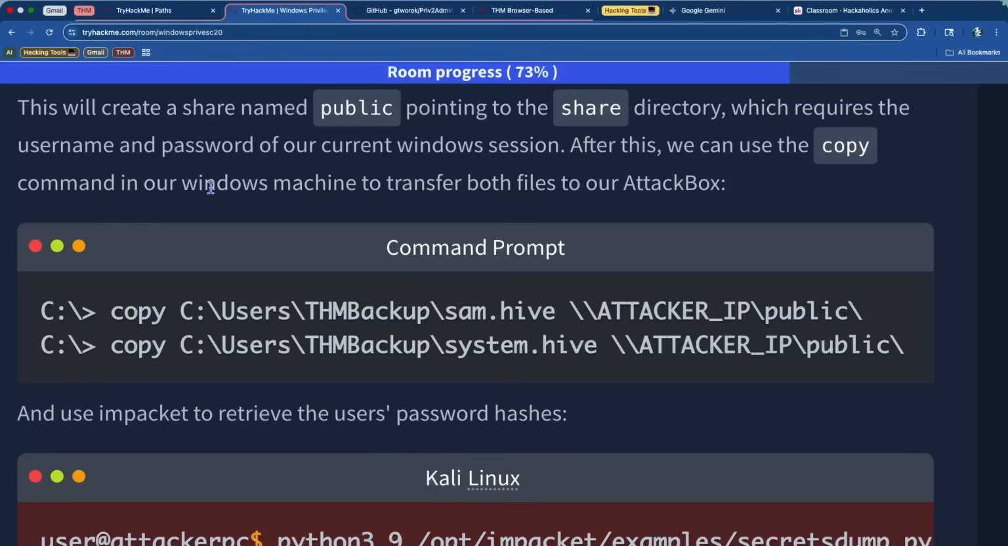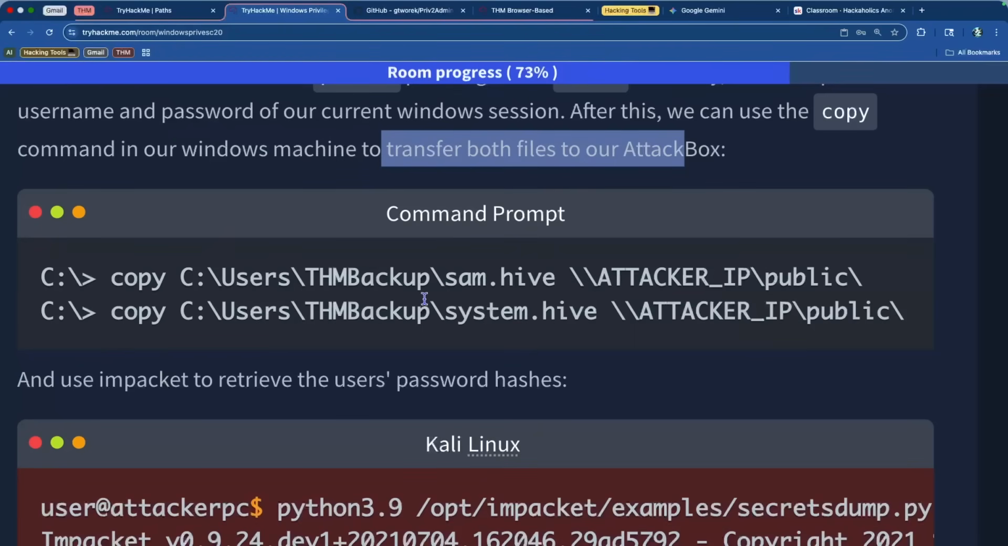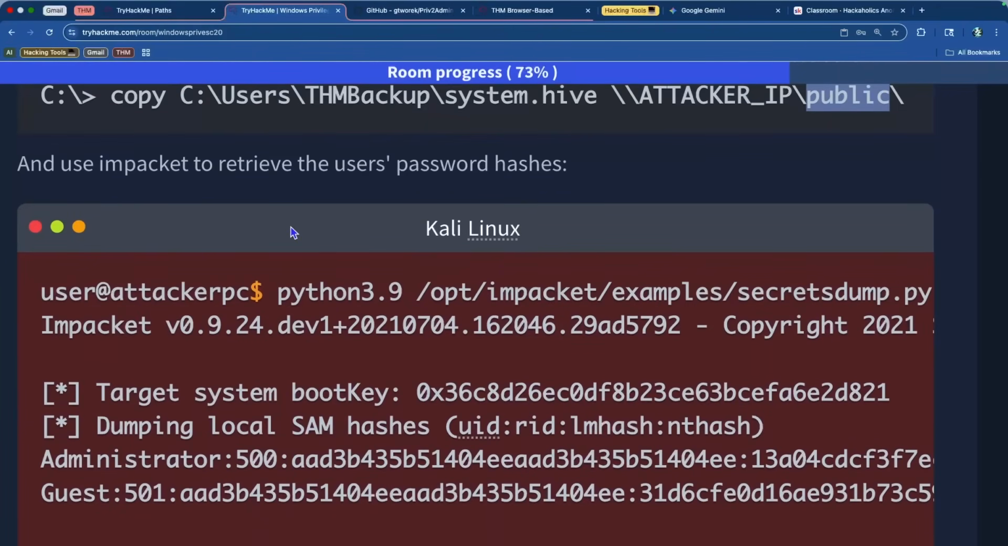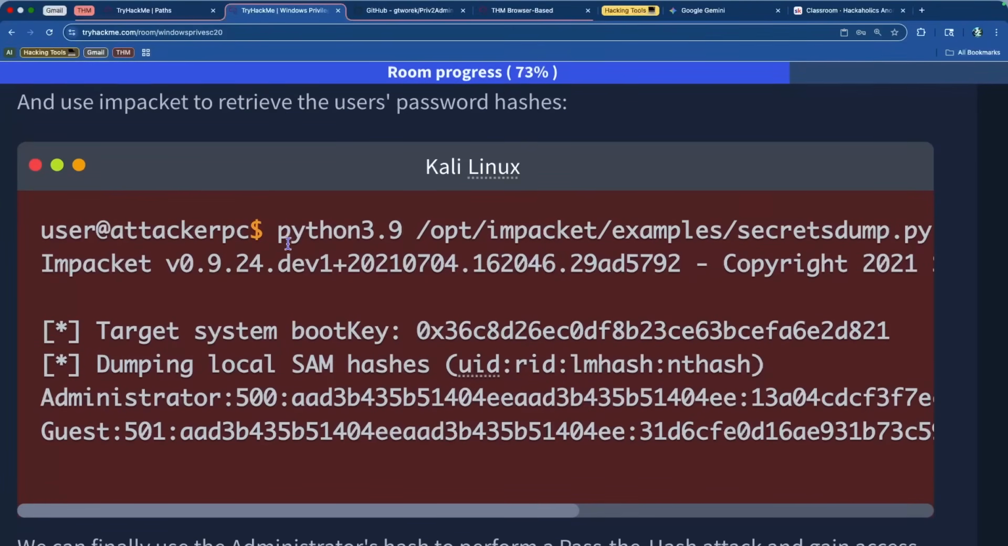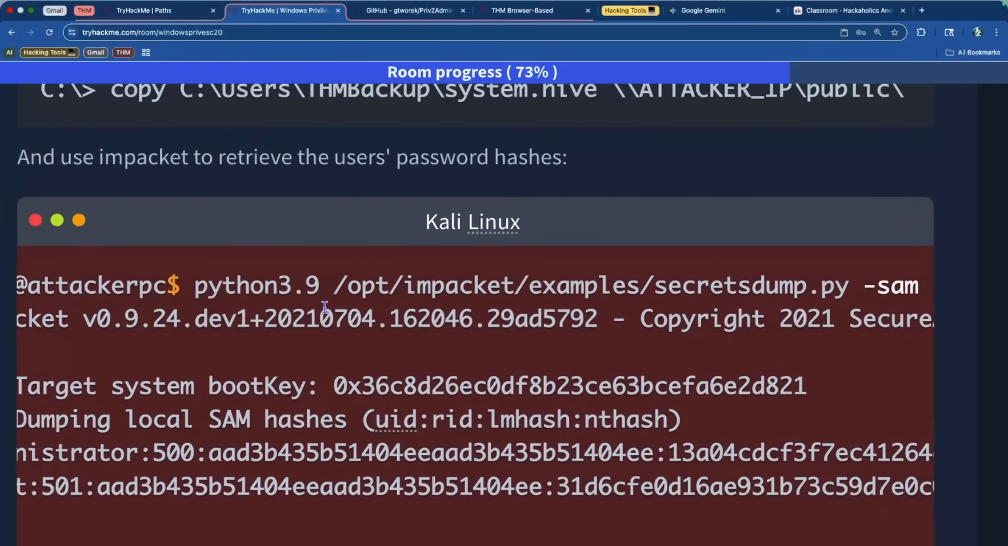After this, we can use the copy command in our Windows machine to transfer both of the files into the attack box. So once you actually have the share folder, we can go ahead and transfer this to the IP address of the machine, public, okay? Once you are there, the Impacket package, excuse me, has another Python script, which is